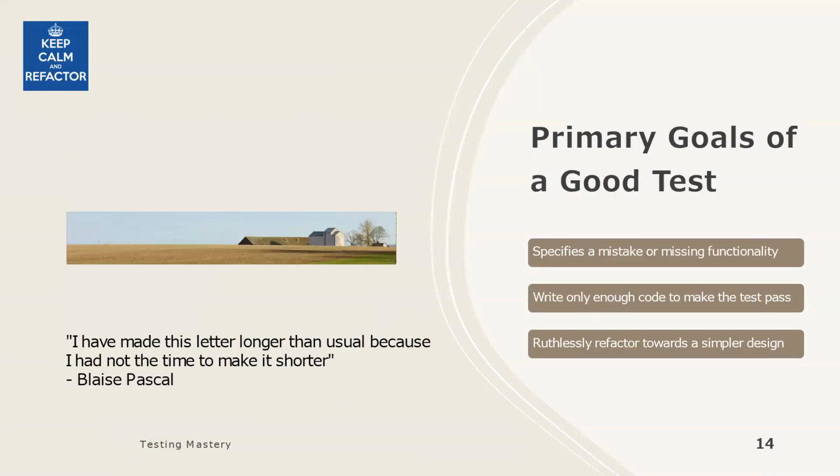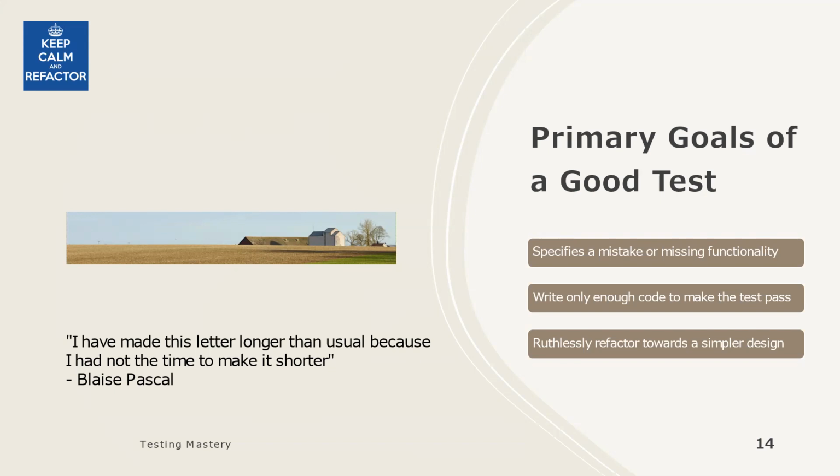So yeah, the primary goals of a good test: it specifies a mistake or some function that's missing and needs to be added. And we want to be careful to write just enough code to make that test pass. And then